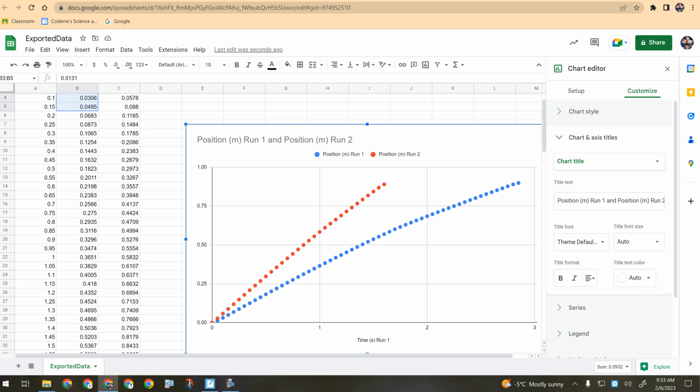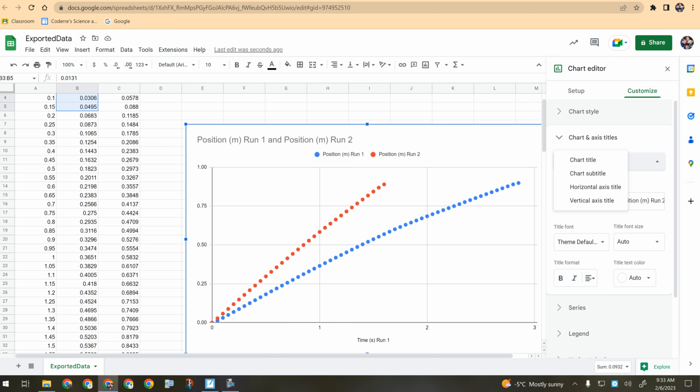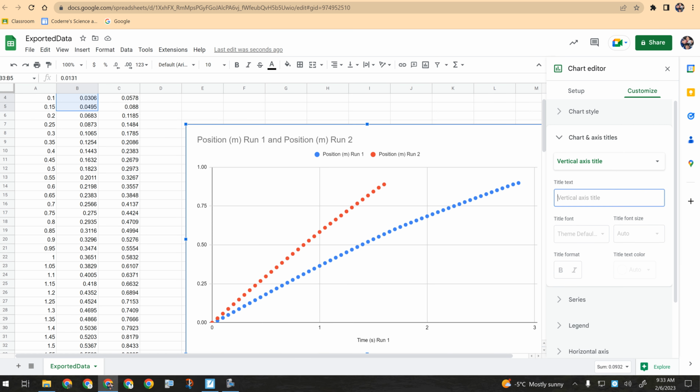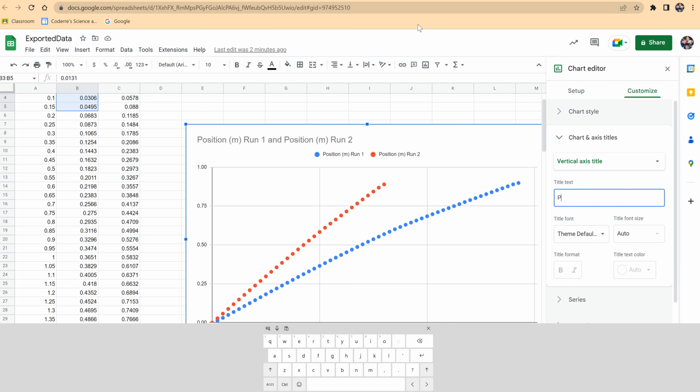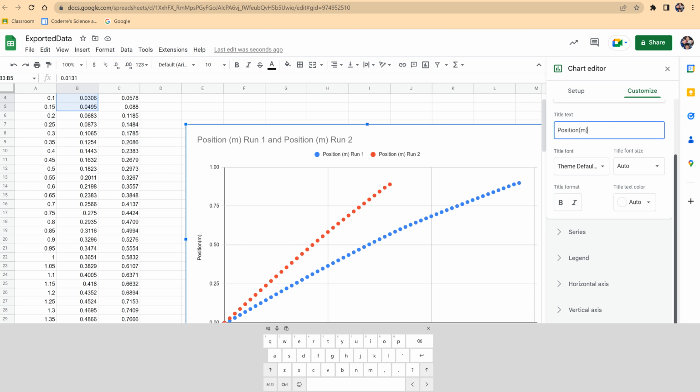So I would go to vertical axis title, and you can type in there position in meters. Then it'll do that for you. Now you can see I've got that label there. You can change the title in here as well. But the big thing is that I need you to go to series,